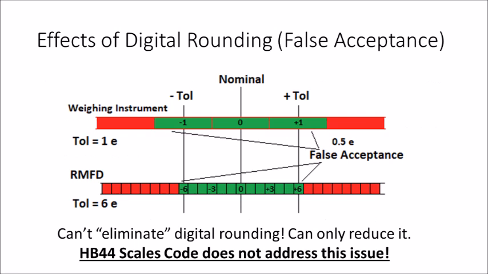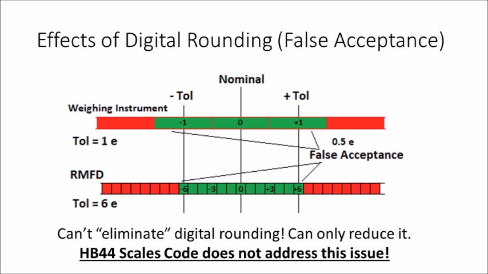So what does that mean? Well, look at this diagram. When we have an instrument with a 1 E tolerance, we see that errors are normally rounded. That means an error of 0 represents errors between a minus a half and plus a half. A plus 1 error is between plus a half error and plus 1.5 error. Now technically all of those things greater than 1 up to 1.5 are being falsely accepted when we apply the